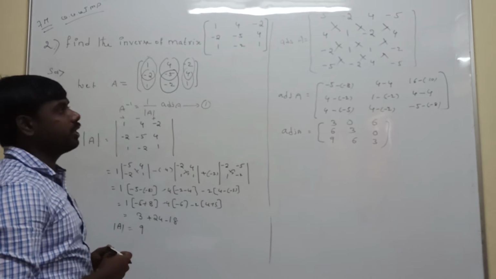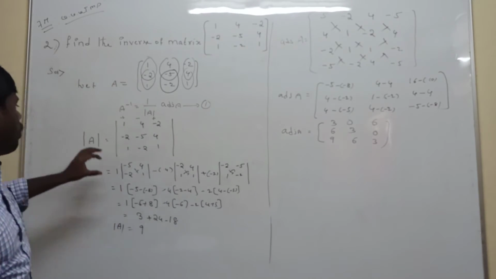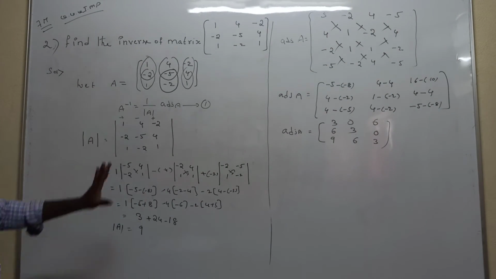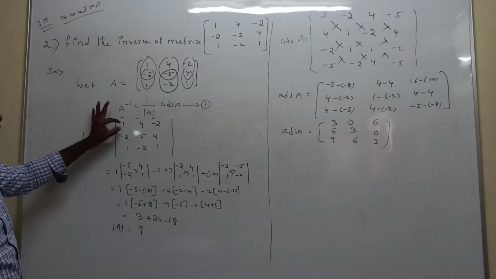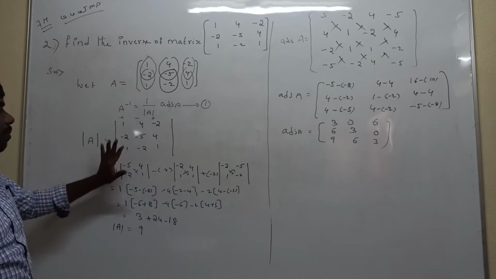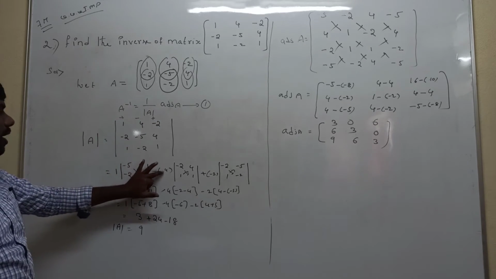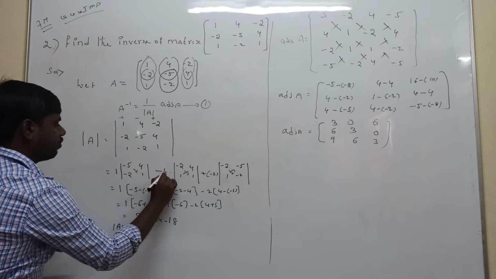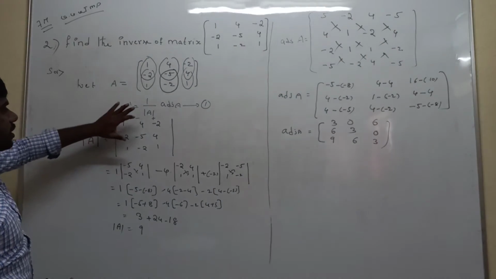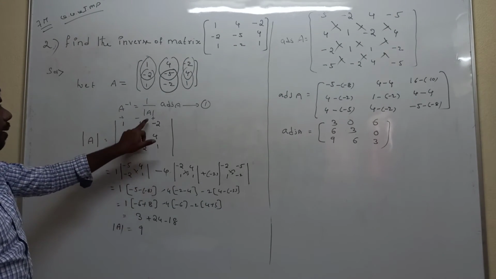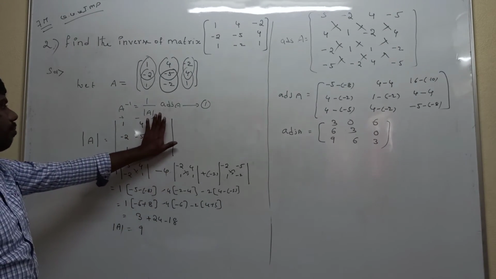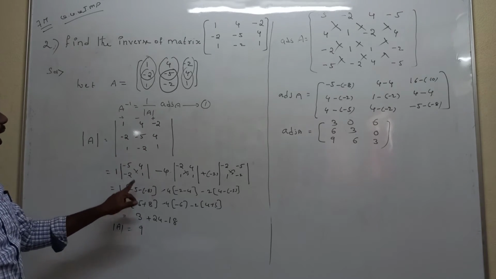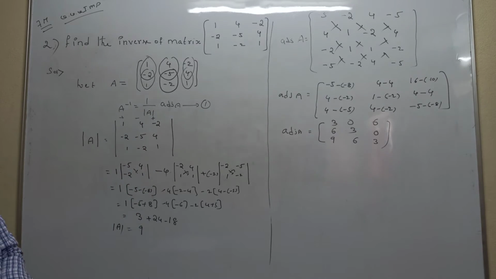What is the mistake here? Now first we are calculating the delta value. Take the determinant and substitute the values. 1 is present in the first row, first column, left out the dimension, we write minus 4. 4 is present in the first row, second column, left out the dimension, we write plus into minus is minus 2. Minus is present in the first row, third column, left out the dimension. After that, applying the cross multiplication method.